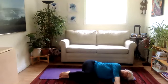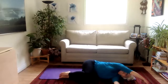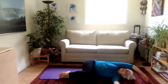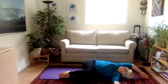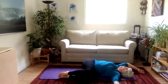And then whichever arm's on top, whichever hand's on top, begin to bring those fingers on the rug or whatever you're lying on overhead. So the fingertips stay on the earth and you reach as far as you can and bring them up, touching the earth overhead, allowing the whole torso to roll and join it on the way back. As you turn and look over,